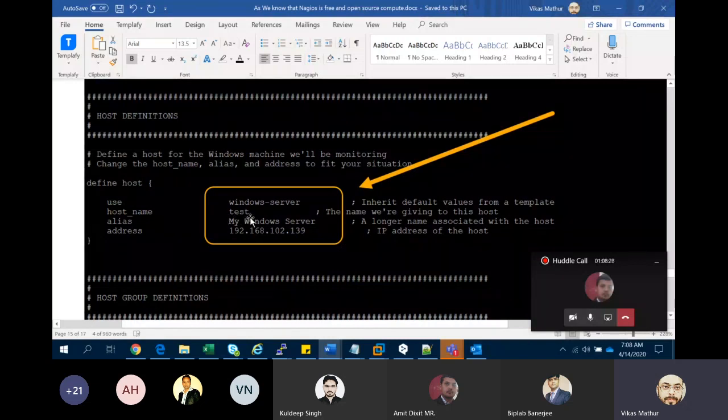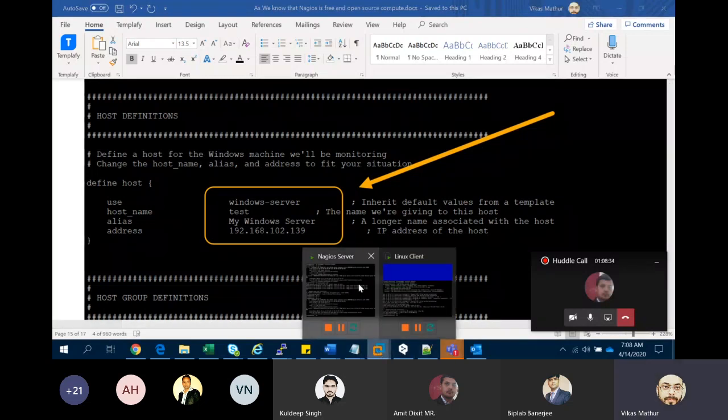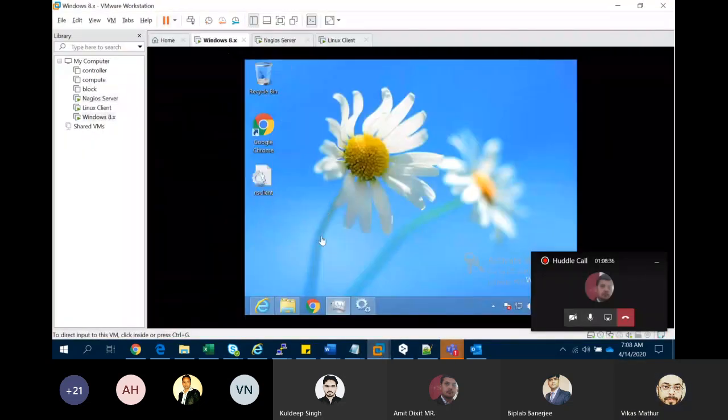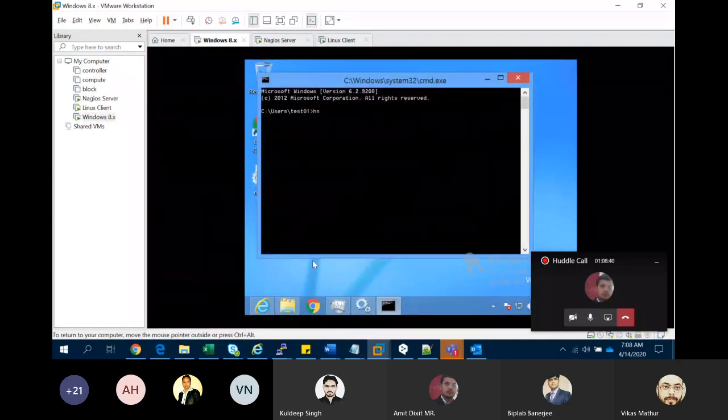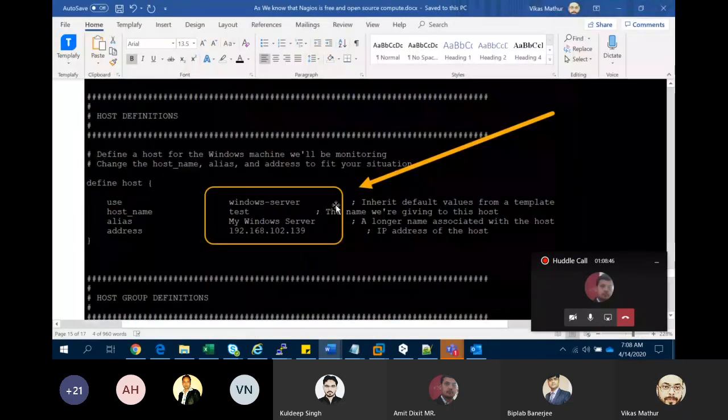I changed only one thing, which is your host name. My host name is test. So I just changed the host name and the IP address of your Windows machine.